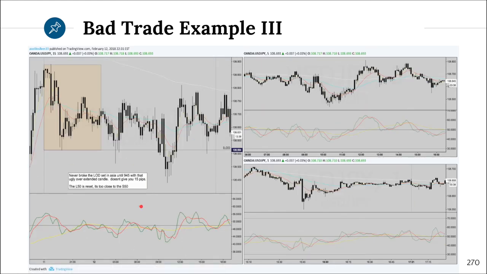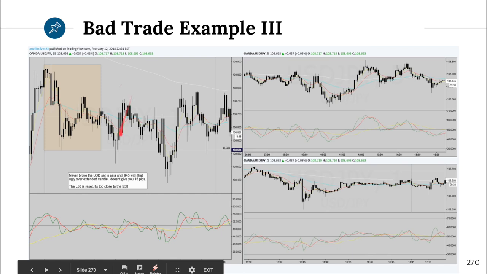Another bad trade I want to explain to you here: we have a liquid 50 that starts in the sell zone, kind of breaks into the buy zone, but then stays right near the stationary 50 value in the sell zone. This is a trade where we would be looking to go short because we are in the sell zone just near the stationary 50, but definitely the sell zone, so you're looking to go short.